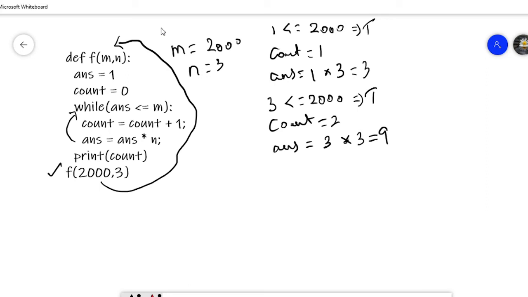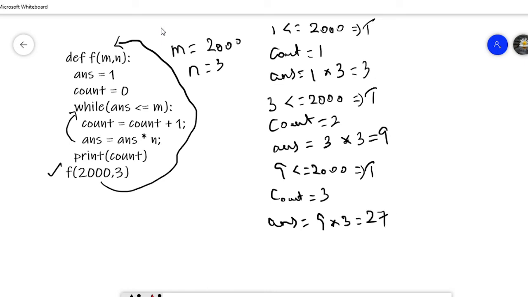Then again the loop is executed. 9 <= 2000, it is true. So count value is incremented, it is 3 now. Then s = s * n, previously s value is 9, so 9 * 3 is 27.